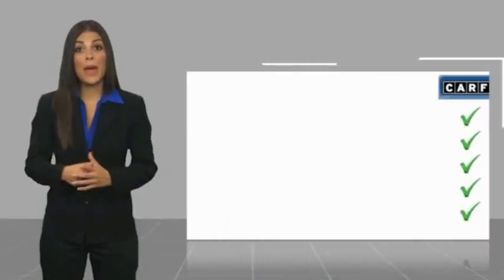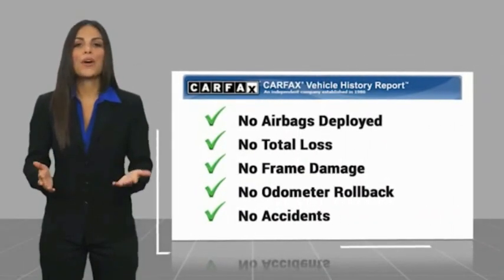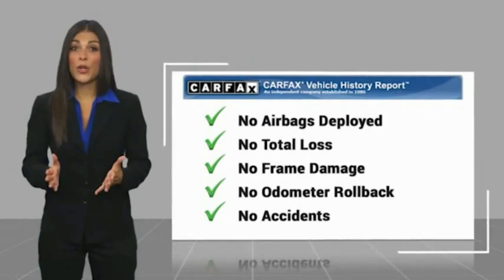Be sure to find a complimentary copy of this report online or contact the dealership. This vehicle qualifies for the